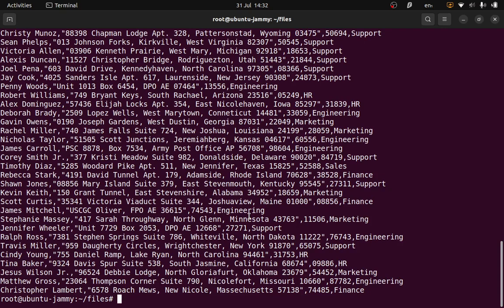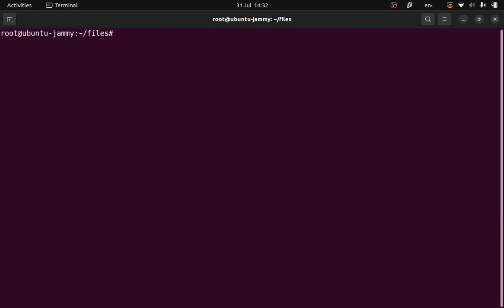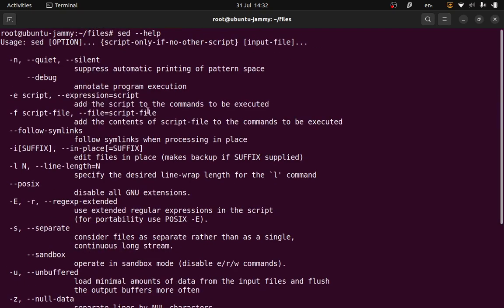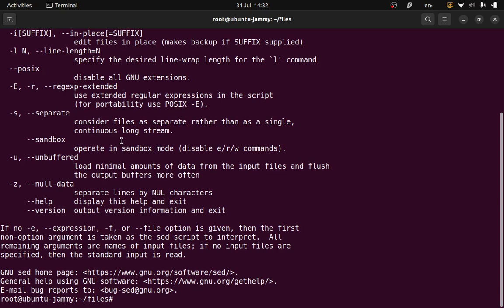Hopefully this shows you how powerful the sed command is. Again, like I said, we've just scratched the surface with this. There are a lot more options. If we take a look at some of the options here, there are a lot more, so play around and create scenarios for yourself, just to give yourself some practice, and hopefully you'll get really good at